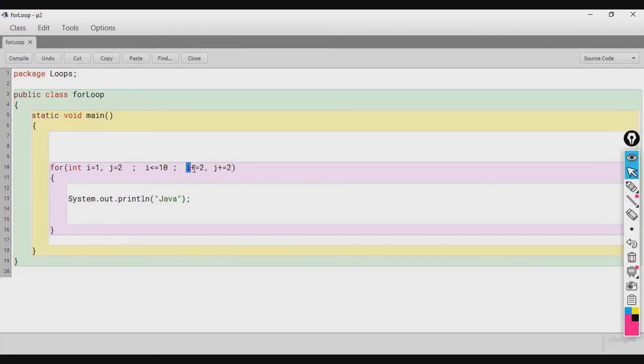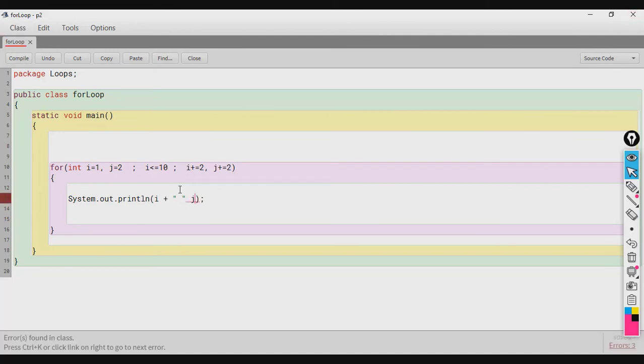So, I is also increasing by 2 and j is also increasing by 2. So, you might guess that I will have all the odd numbers and j will have all the even numbers. And now what I am going to do is I will print the value of I and j, okay, I, then a space, and then j. So, let us see the output for this.